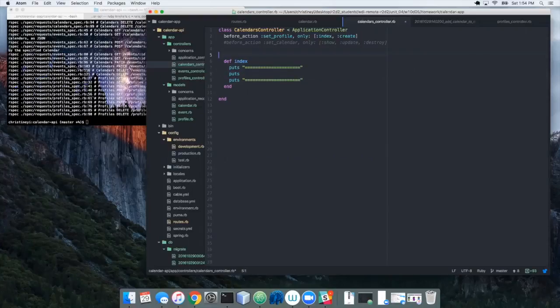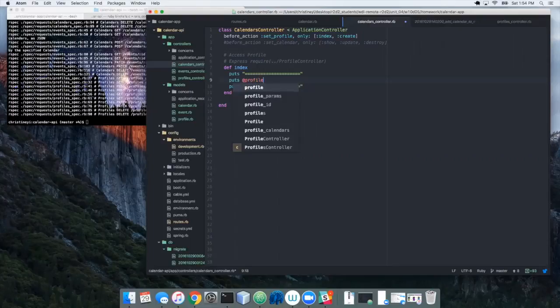Basically, in pseudocode, what I want to do in this calendars controller is to access profile. This is kind of similar to Express, where we basically required some profile controller, right? That's how we were able to get it. So how do we do this in Ruby on Rails? Since our controllers are actually classes themselves, let's see if I can just access profile through my instance variable